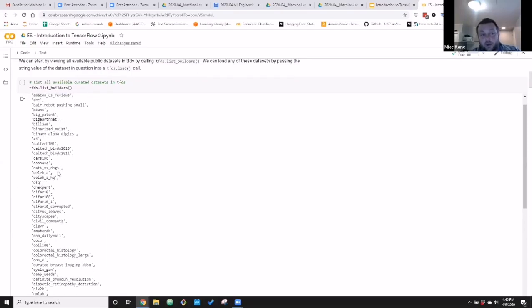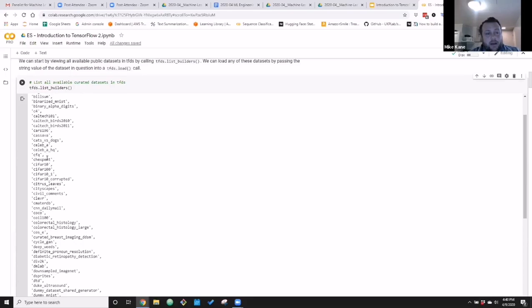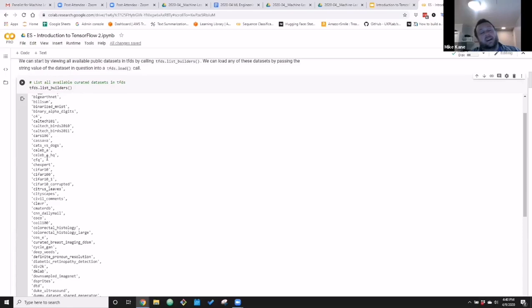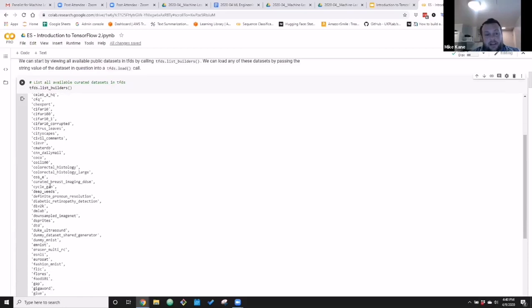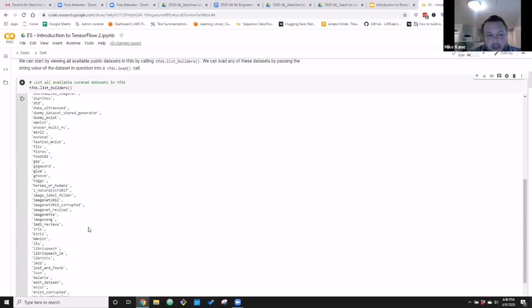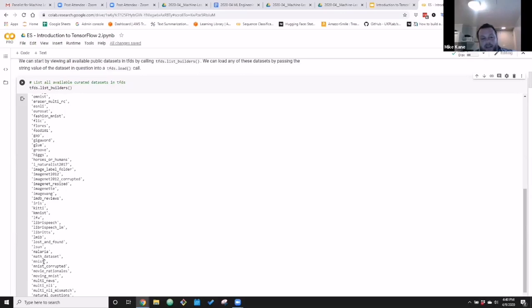These are things that you can use with TensorFlow, and you can just pass in this string to TensorFlow datasets, and it'll just go, here you go, and pull it down for you. There are some popular ones here you might recognize if you've done some stuff on Kaggle, or you've played around in deep learning, maybe you've taken a course before. You've probably seen cats versus dogs. CIFAR-10 might sound familiar, or CIFAR-100. CycleGANs, if you like GANs, oh man, those are cool. We're going to be working today with what is the hello world of machine learning, which is the MNIST dataset.